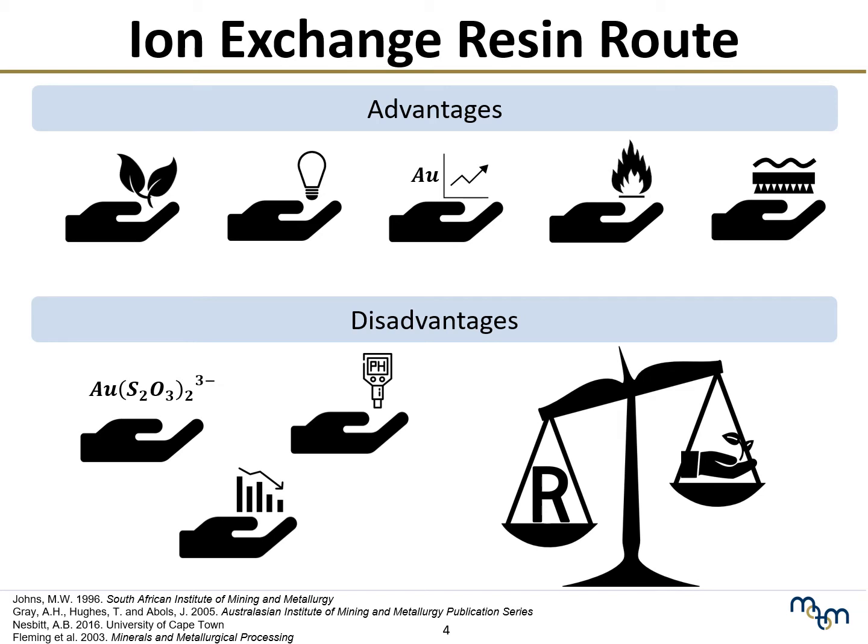However, there are some disadvantages for this route. Some of these include the presence of degradation products inhibiting the thiosulfate ion absorption. Weak-base resins are not suitable due to their low gold loading ability, where gold loading ability reduces with an increasing pH from 8 to 11. The resins are slightly more expensive, and there is the potential for chemical degradation. Thus, regular replacement of the resin is required.